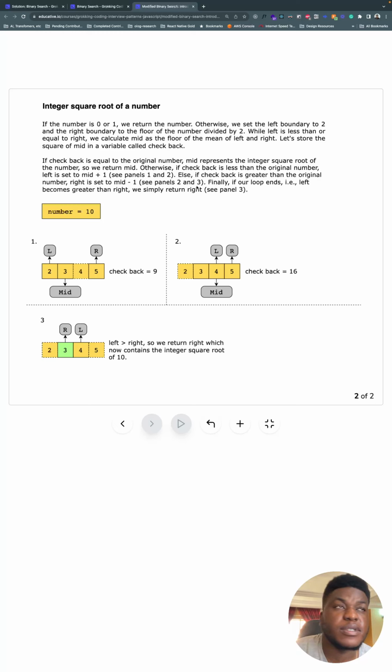This is a bit more confusing. So in this case, we're looking for the integer square root of 10, which should be 3, because 3 squared is 9. And it's the closest we can get that is a whole number. 4 squared is going to give us 16. So this second piece here is saying